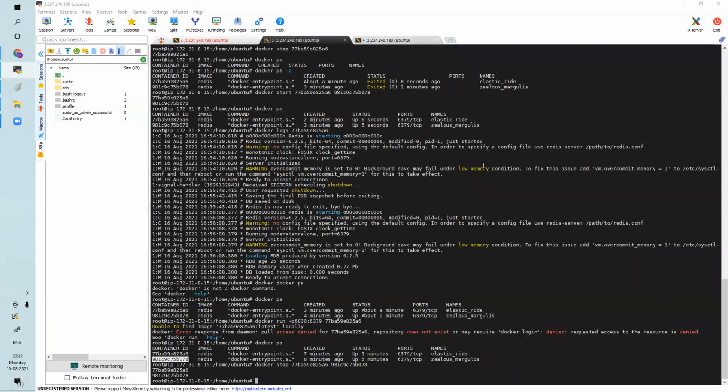Okay guys, so I'm back. So first I need to stop that Docker container. Once it got stopped, then what I need to do is